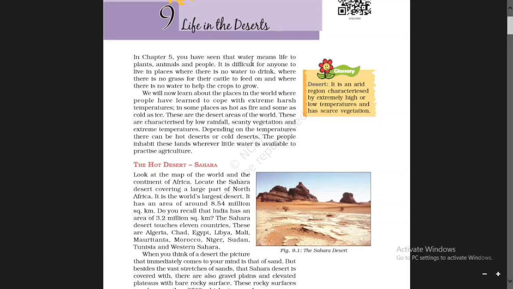It is difficult for anyone to live in places where there is no water to drink, where there is no grass for their cattle to feed on, and where there is no water to help the crops to grow. It is difficult for any person to live in those places where there is no water for drinking, as water is our basic need. Life cannot sustain without water, and to domesticate cattle they need grasses, so it is hard to live in those areas where there is no grass to feed those cattle,